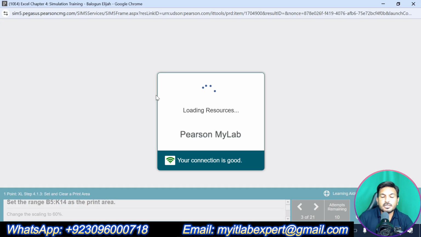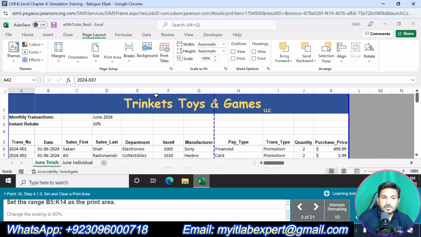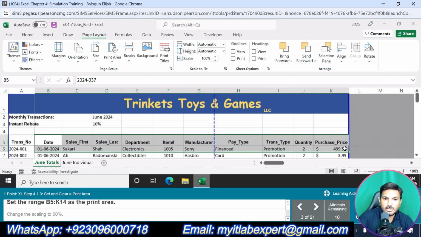And question number 3 is saying, set the range B5 up to K14 as the print area. So B5 is here up to K14.